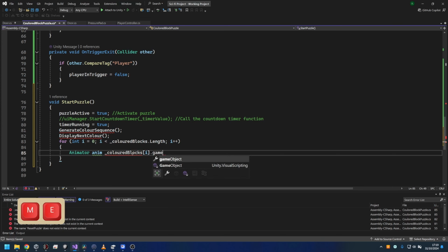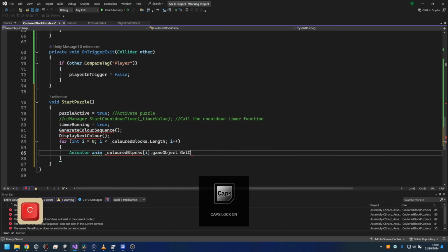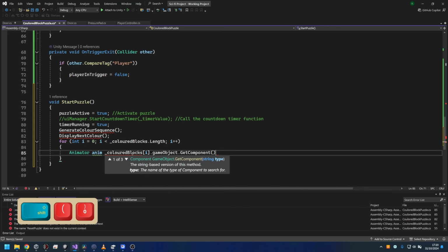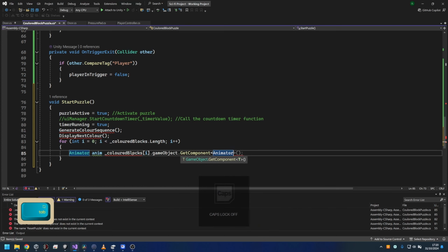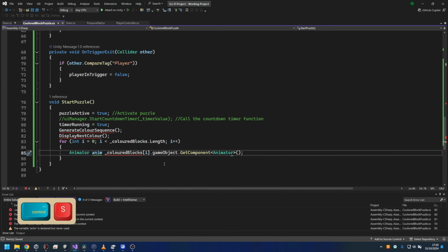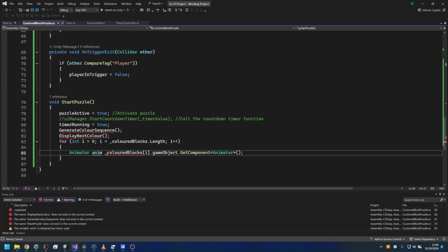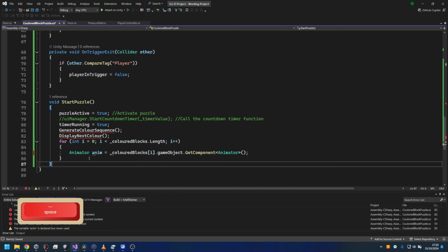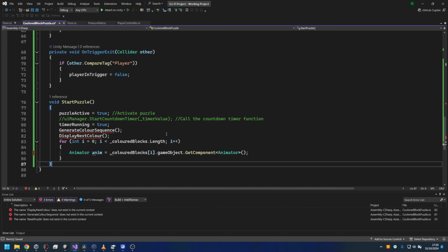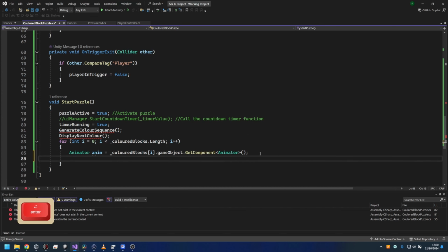Dot game object, dot get component, sorry, of type Animator. Oh, that's because we haven't put an equals here. So we're going to run through every single colored block that is in our array, and then we're going to get the animator from there. And then what we're going to do is anim dot